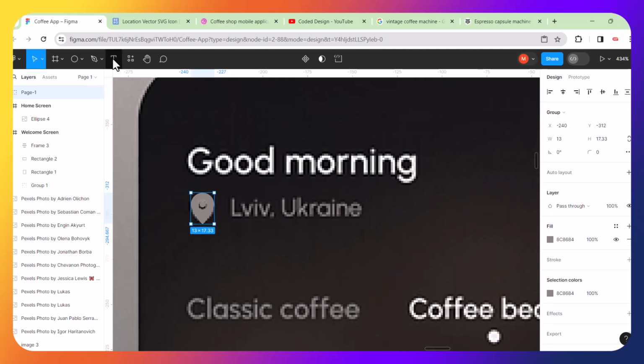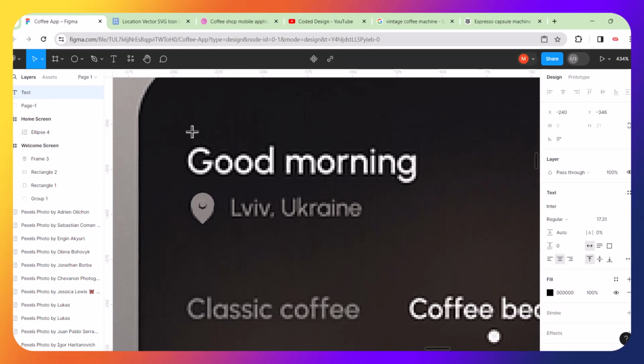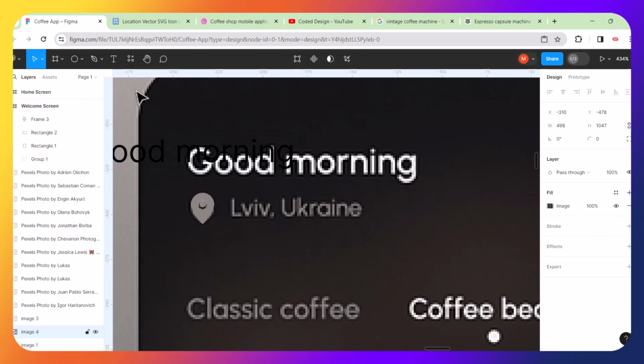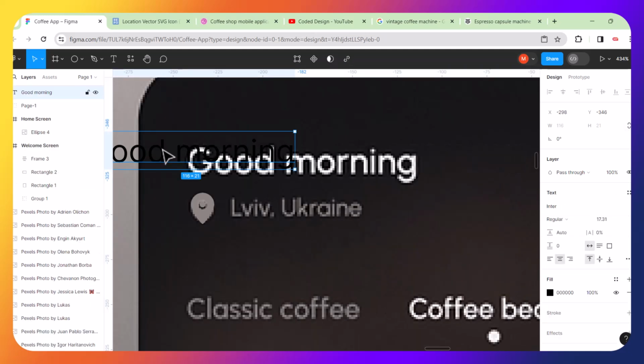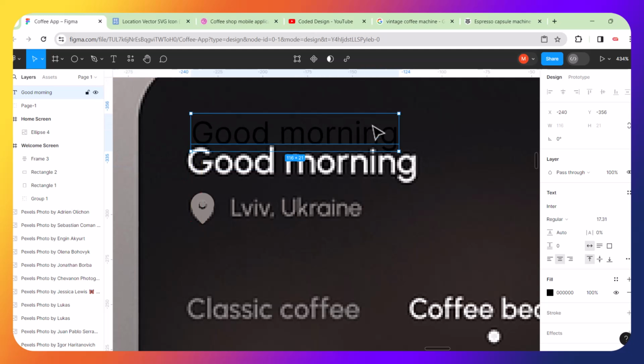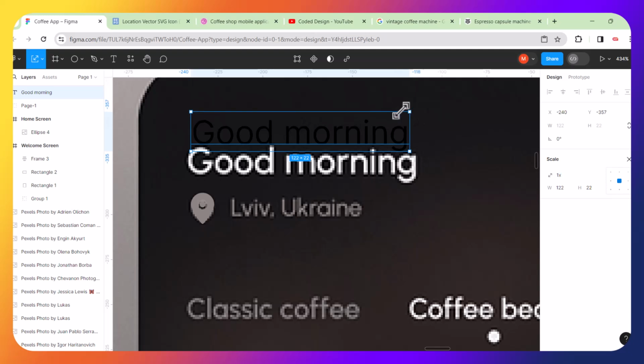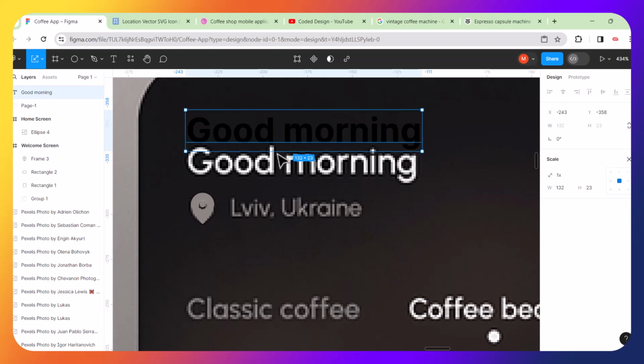Okay, and then let's type good morning. Okay, and let's scale this up. I have pressed K, please note that. So you can see, guys, let me press Ctrl B to make it bold. I'm happy with this. Okay, and then let's copy this again to here,